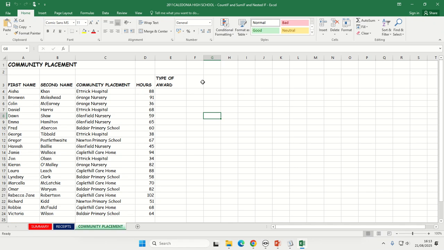In this video, we're going to look at the nested if statement. So for those that did National 5, you'll be comfortable with an if statement. This is a nested if, where we're doing an if with more than two criteria, so you need to nest them within themselves. So we're going to look at this task, which is an adapted version of the 2011 Caledonia High